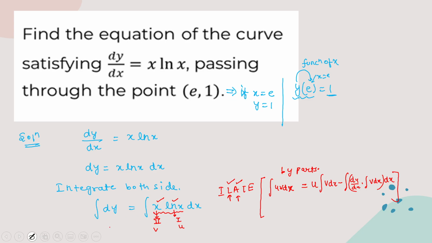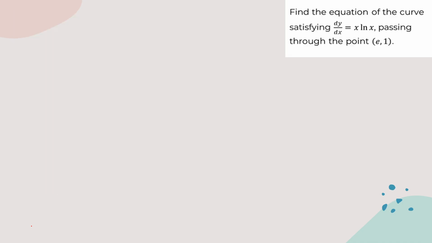So on the left side you can see it will be y only. Let's go to the next page. On the left side, let me write here, it was dy is equal to x ln x dx, or rather let's write it like this, ln x into x, because this has to be taken as u and this has to be taken as v. Now apply the formula.